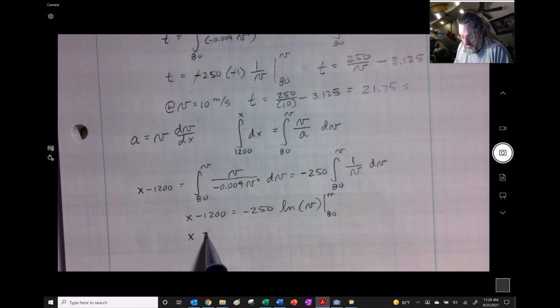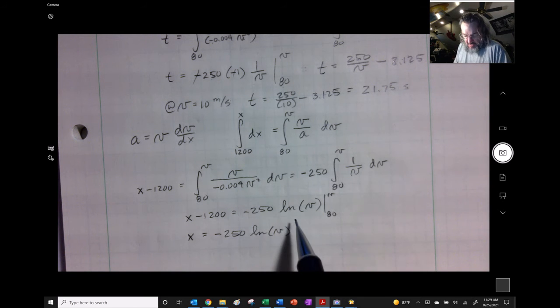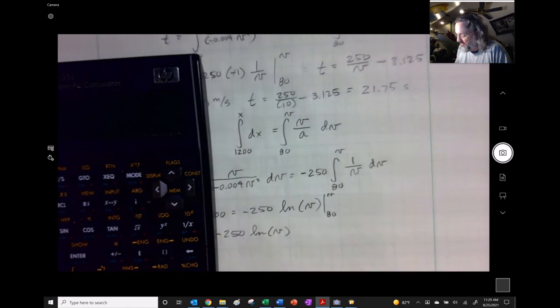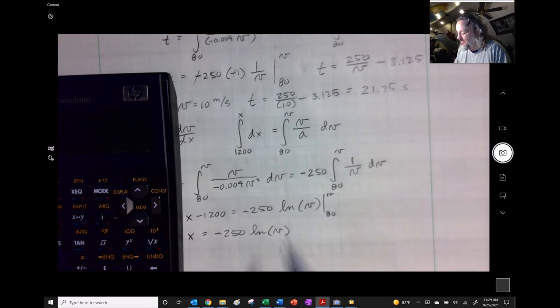And that gives me the equation of x, which is equal to negative 250 natural log of v. And then I double check something here. It's going to be minus, so it's going to be plus the natural log of 80 times 250, boom. Yes, that becomes